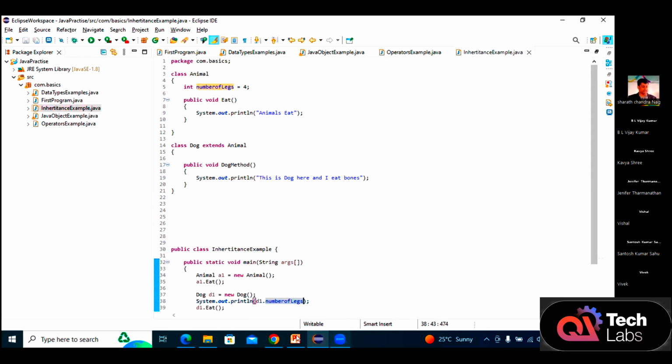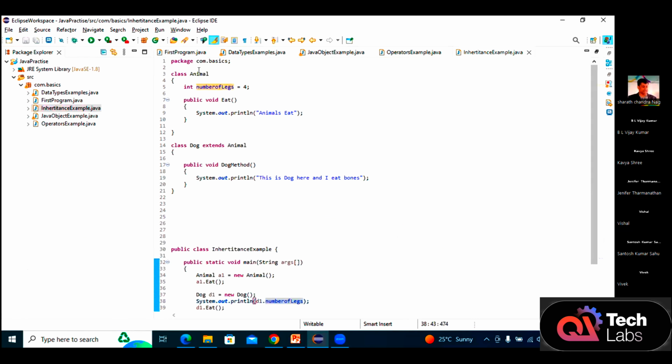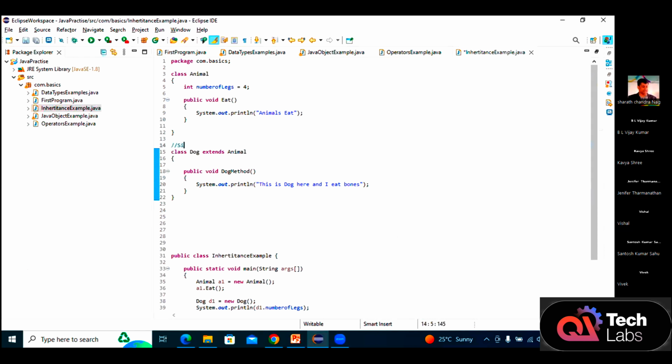Now with this inheritance, what we understand is that we are doing a single level of inheritance over here. I have class A, which is my parent class, and that has been inherited one level. That is single level inheritance happening over here. This is now clear. Now we will understand how multi-level works. Multi-level, in the sense, I have a parent class